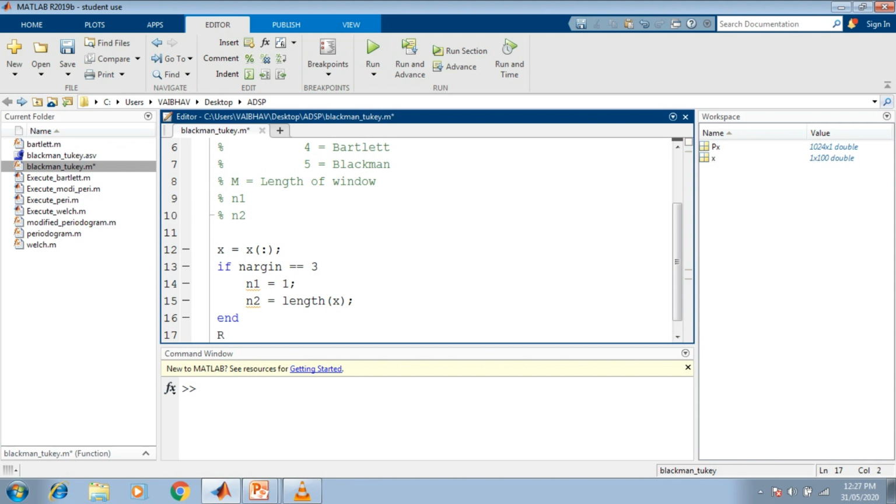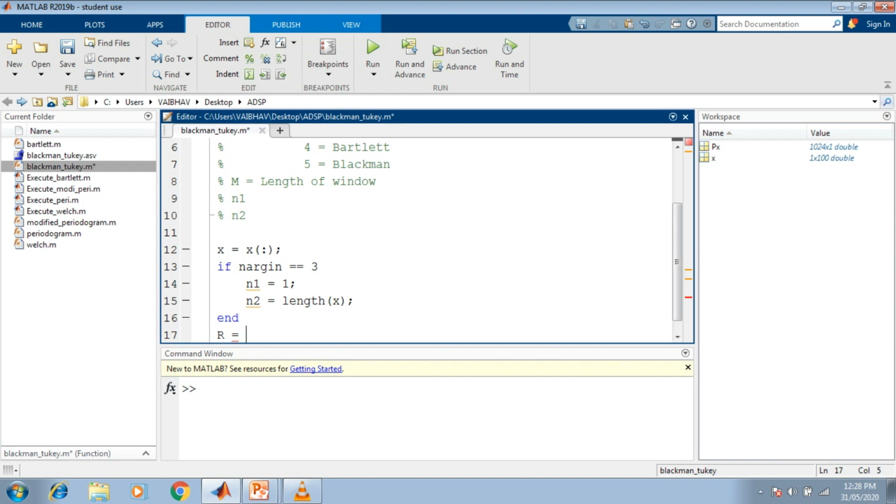So that particular matrix, as we have seen in the previous video, can be denoted by capital R. Here the capital R can be obtained by the generation of the covariance matrix.